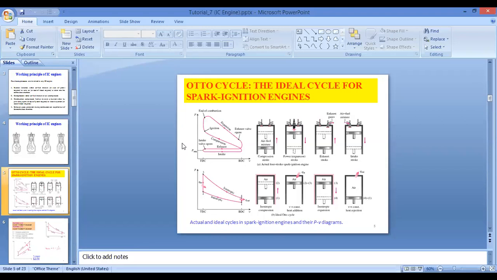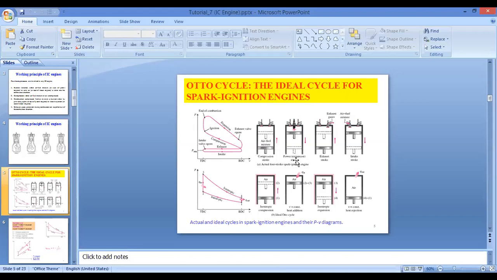Okay, it is ideal isentropic compression, but in actual practice it is not exactly isentropic compression. But why do we assume it as an isentropic process? Because to do the analysis we require the relationship between pressure, volume and temperature. For the isentropic process we know the relation between pressure, volume and temperature, and this 1 to 2 process is somewhat similar to the isentropic process. So that's why we assume that it is an isentropic process.